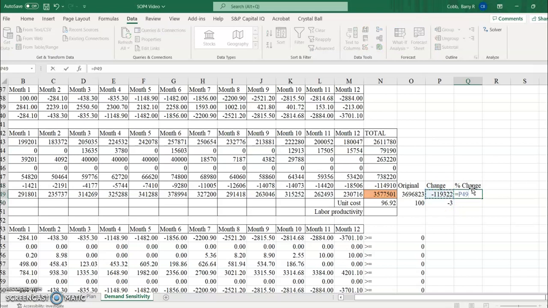And that would be the change divided by the original value. And we can also calculate that for the unit cost. Now, this will just make it easy to see the changes in the sales and operations plan and how the costs are affected. So if we click Solver,